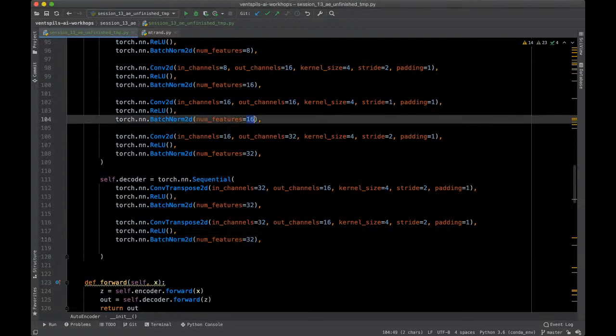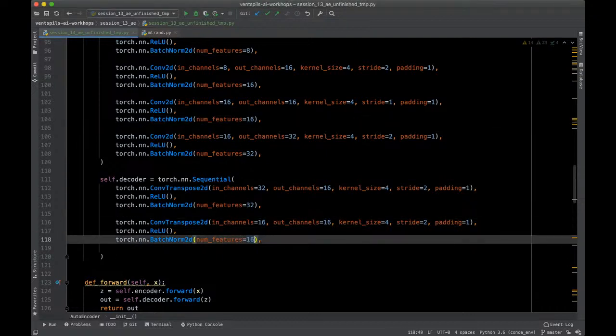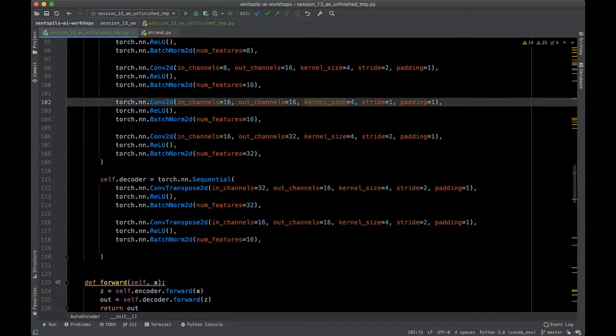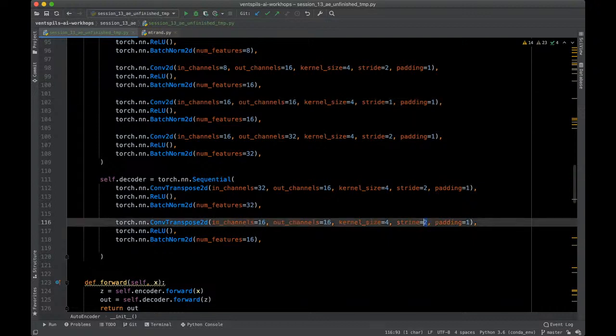16 to 16. Then the 4. So I think it's just a mirror, so you can just copy these parts one by one and change to convolution, transposed convolution, and then it will be fine, I think. So for one,